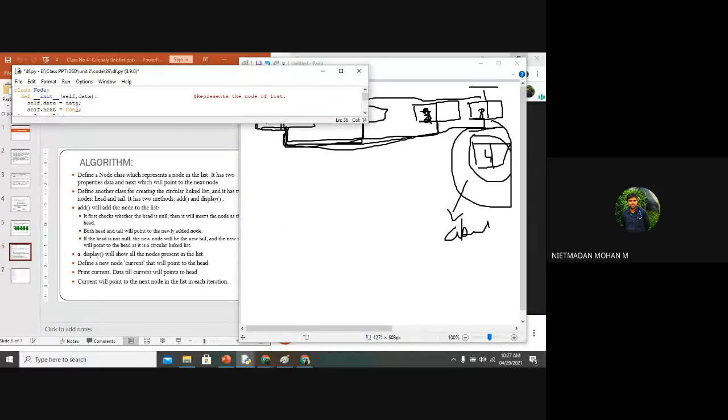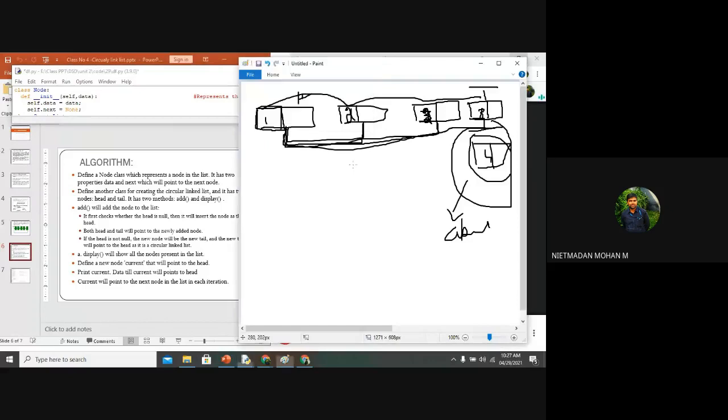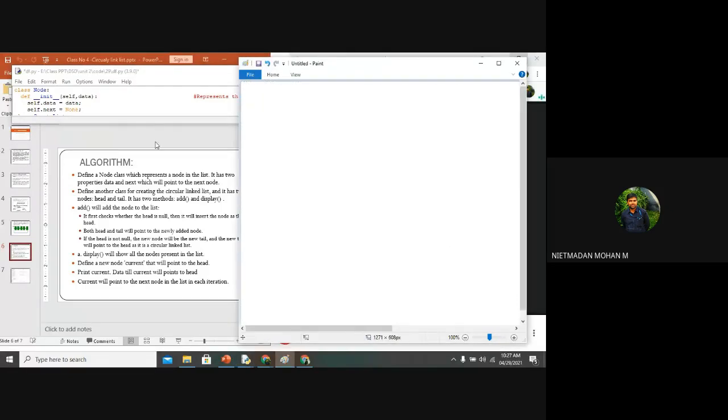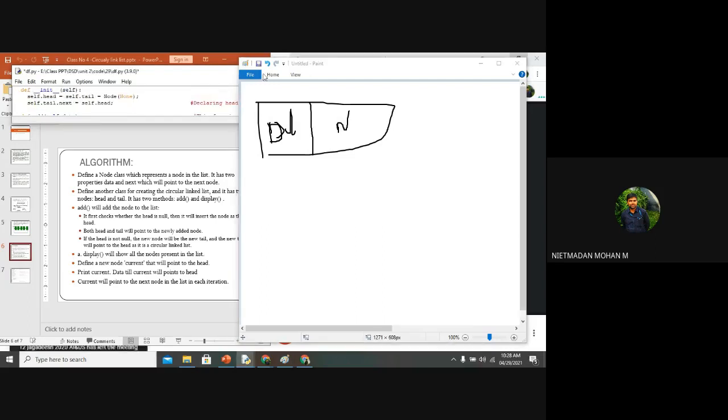Here you can see we are creating a node. Normally, what we have done is we have created a node, so it means we are creating one node. Now, the node creation will be one node. So this is the first step. We are creating a node, which will consist of data, and it will consist of none. This is the basic creation of a node. So the node has been created, and the next thing,